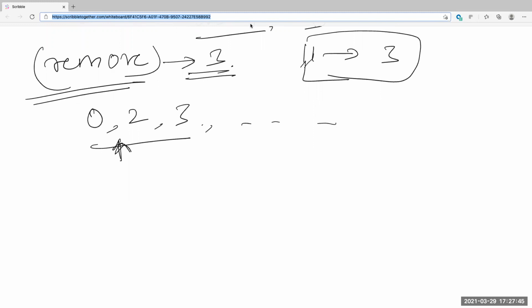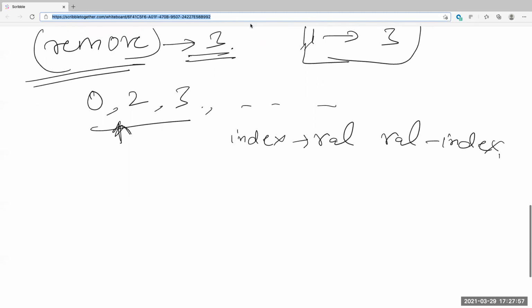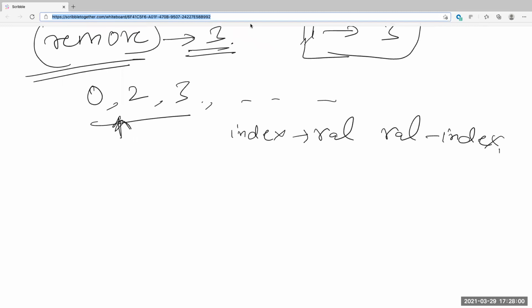I think she's converting index to value and value to index, right? But where is the index in the hash map? The hash map doesn't have indexes. In order to get the indexes, you need to take the keys. Hold on, Sue, can I finish first?